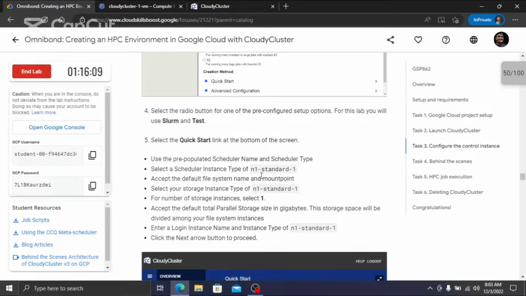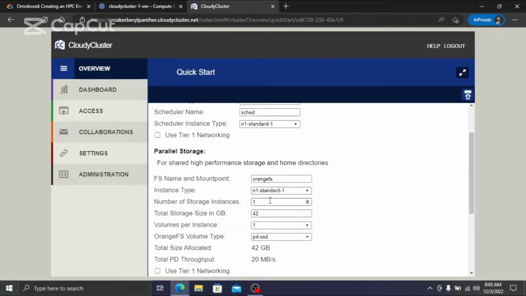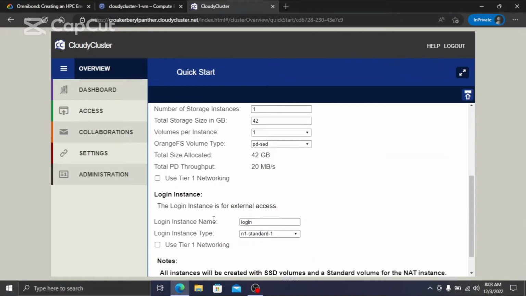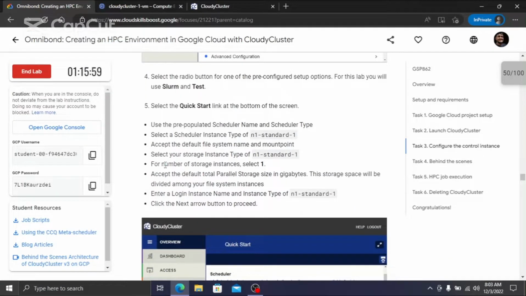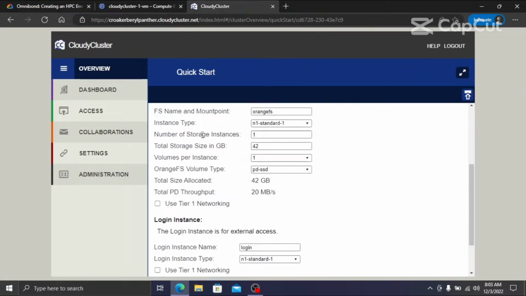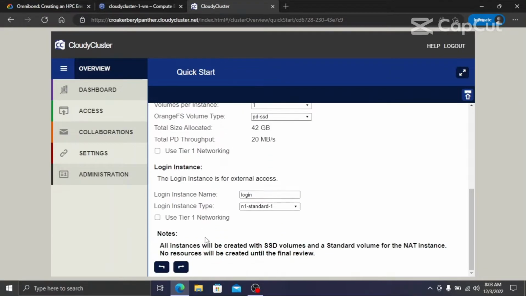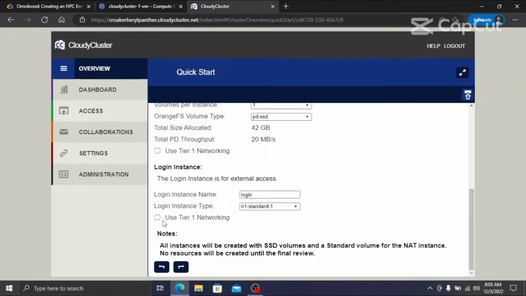select instance type N1 standard 1. I think everything is correct now. For the number of storage instances, select one. Yeah, so everything is perfect. Now we can click the next arrow. So click this arrow,